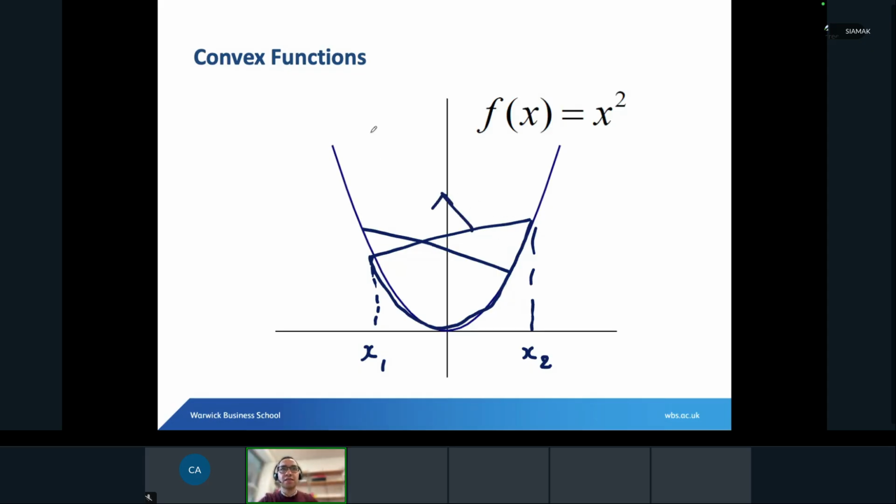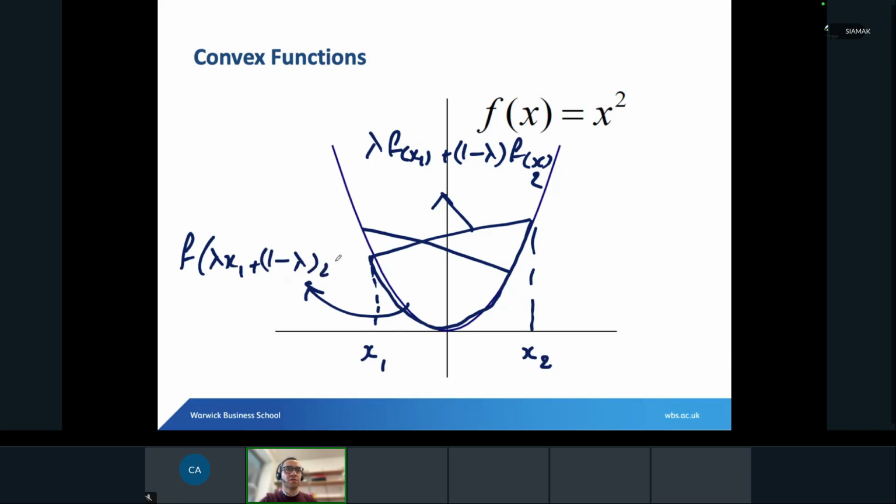The line is lambda f(x1) plus (1 minus lambda) f(x2). This other part is f of (lambda x1 plus (1 minus lambda) x2). And we can show that this is always greater than or equal to this one if you just plug